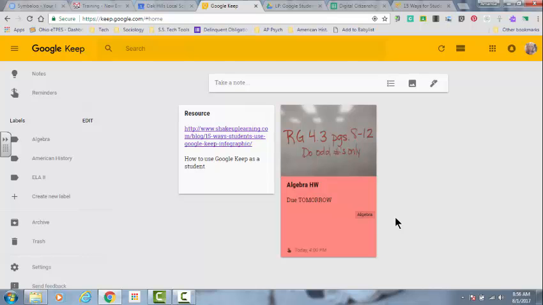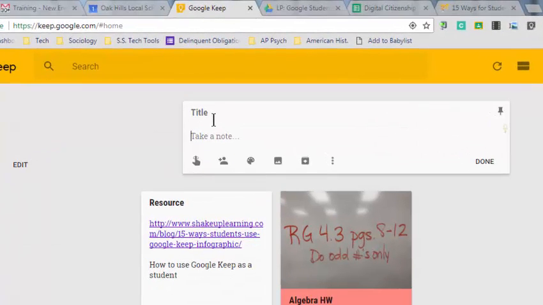So I would title the note, and I'm just going to do it here to show you on the computer. I would title the note whatever the homework is, or you could do it by class if you would like. So I'm going to say English Language Arts, ELA homework. I'm going to do a capital HW for homework. And tonight's homework is to read pages 42 through 58,